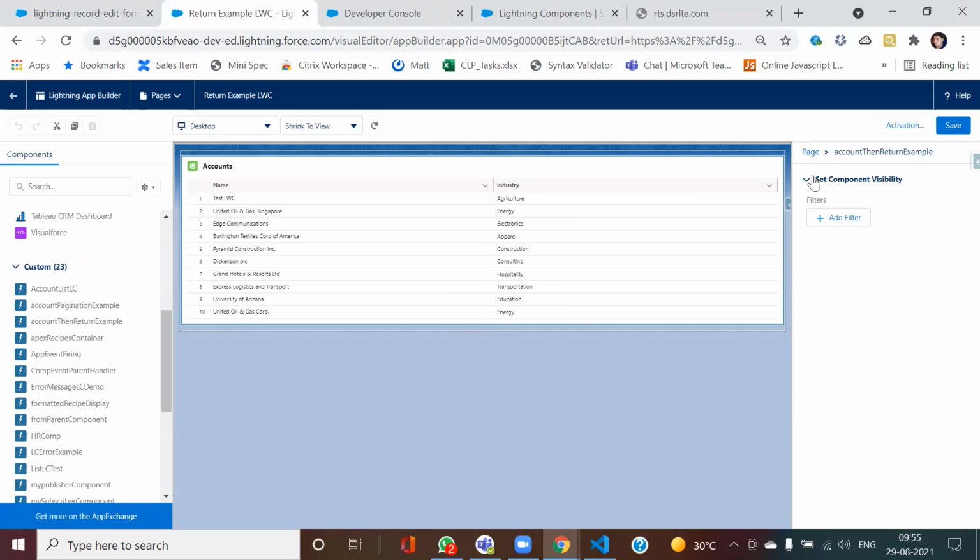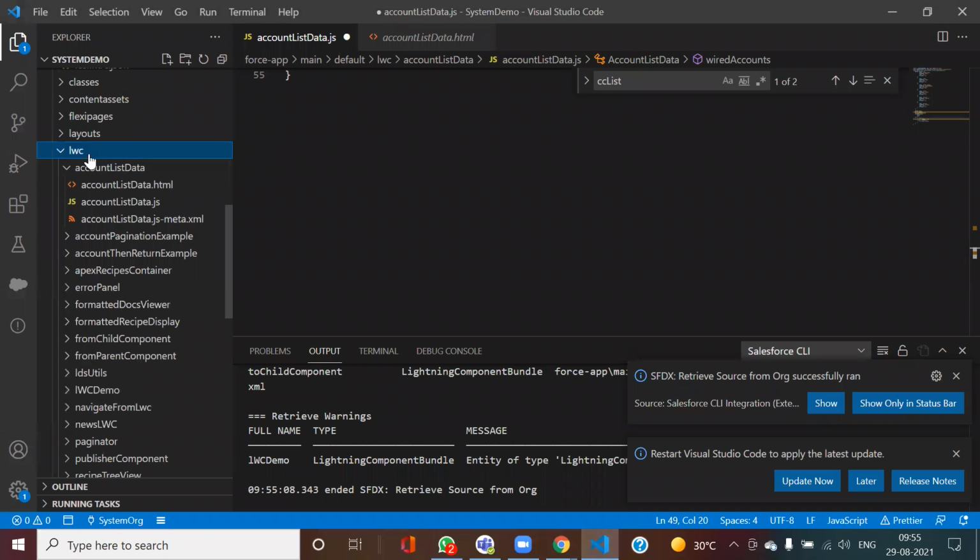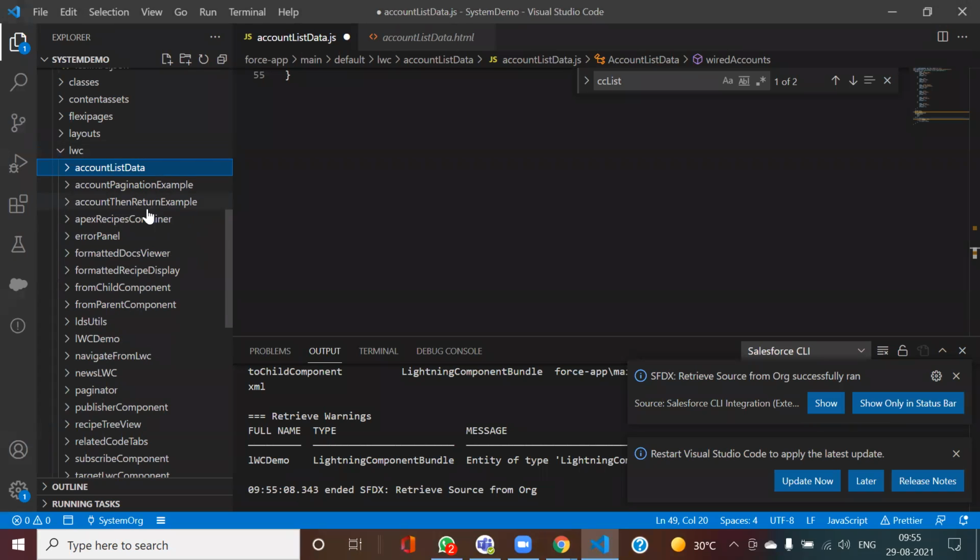Actually, I forgot its component name, so that's what I'm checking. Yeah, now it came. That was not present here. Actually, this one was not present in my VS Code, so I refreshed the web components to show it.